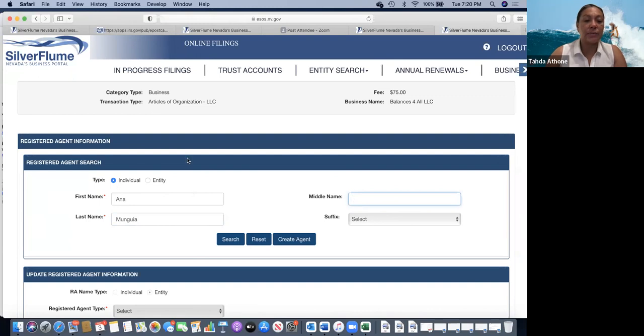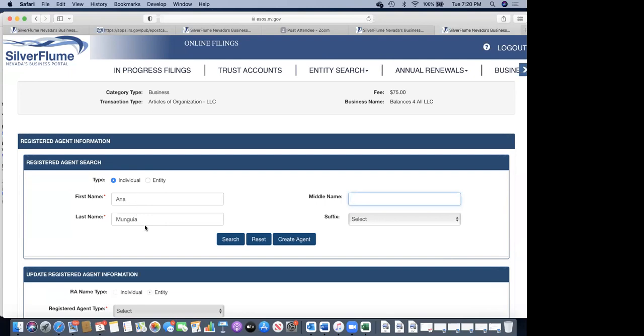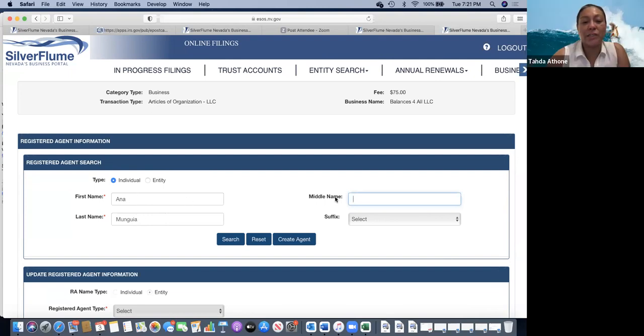The reason I say that is because at the end, and on other websites I've been on, it'll require that however you put this name in here is how it will ask you to sign the documents later. So if you're not used to putting that D there, you might go and put Anna Munguia there, but she might forget to type in this letter D, and then it's going to kick back the signature and go, nope, that wasn't accepted properly. So really make sure that however you normally sign your name is how you're putting it,